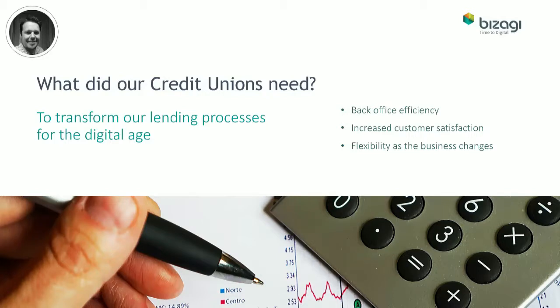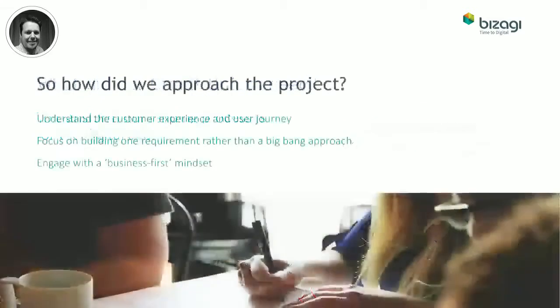The first of these was that it needed to provide efficiencies in the back office. Now, they don't just mean cost related, but also efficiencies to reduce the time to serve a customer. Based on this reduction of time to serve and back office efficiency, they wanted the second item to be driving customer satisfaction increase through better communication, notifications, and from a trackable measure, a total lower customer effort score. And finally, they wanted to make sure that as they invest in a platform for the future, it can adapt to the future needs both for their business in lending, but also for their end customers.